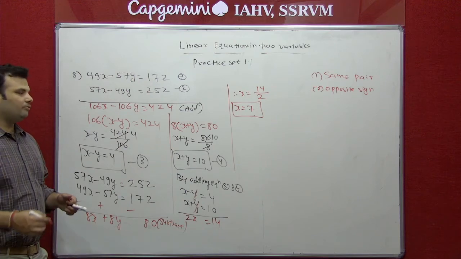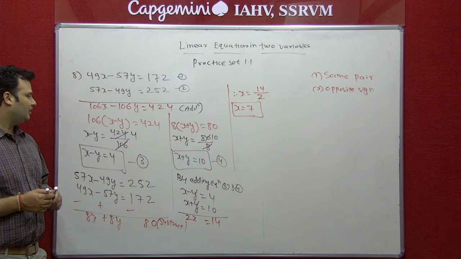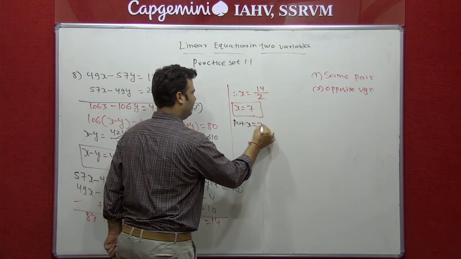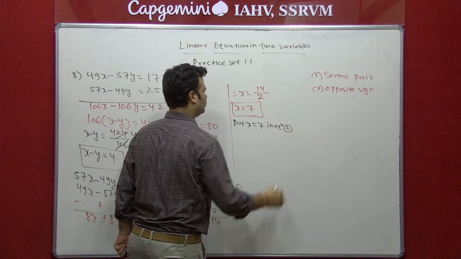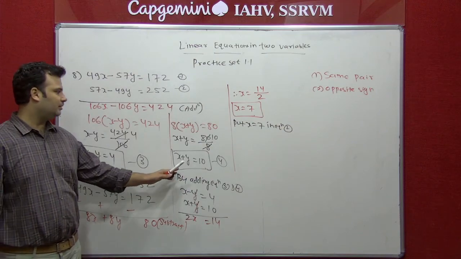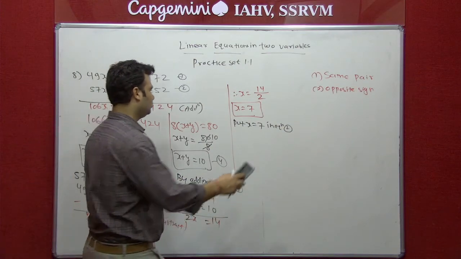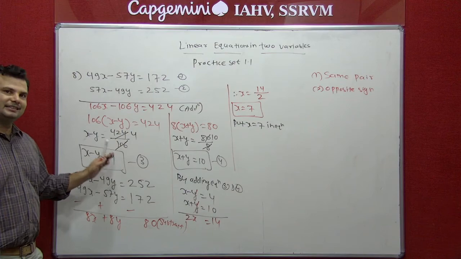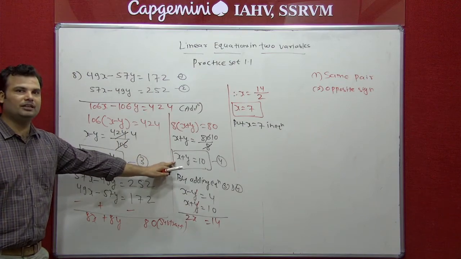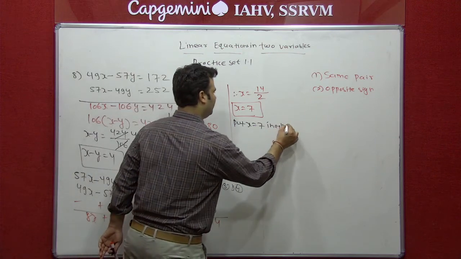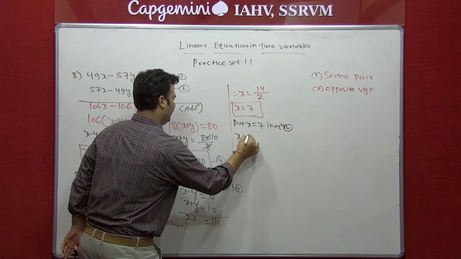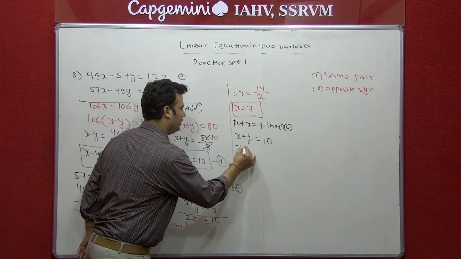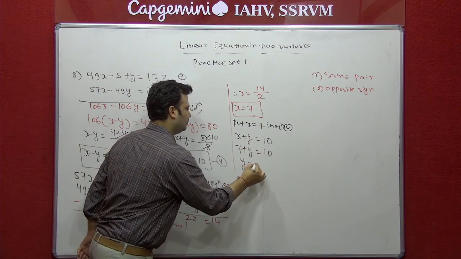Now we have to find the value of y. So student, simple thing, we can put in equation number 2. Put x equal to 7 in equation number 2. So what is equation number 2, student? Sorry, not 2, you can put in equation number 4. We will get a simple thing because x plus y is given 10. You can also put in equation number 2, we will get the same answer. But you can see in equation number 4 it is very simple. So x plus y equal to 10. What is the value of x? x is 7. So in place of x we can put 7 plus y equal to 10. y equal to 10 minus 7.